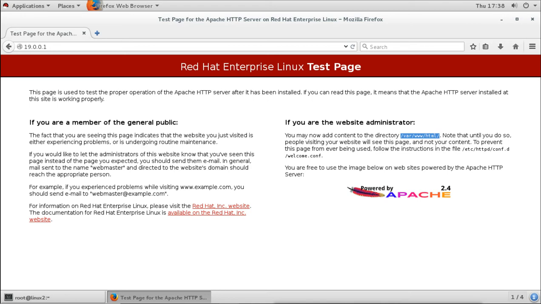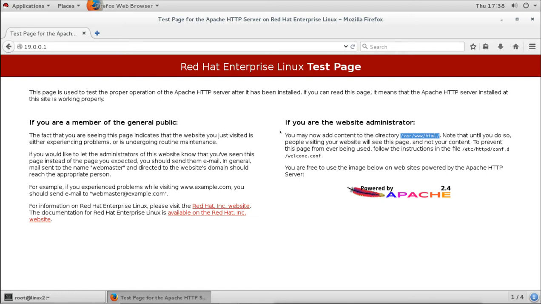We have to make sure the home page name is index.html. All the other HTML files, the other pages, and the images, whatever we see on those pages, are designed by the developer. They keep all the files in the same directory and name the home page file index.html. So when you have an index.html file under this document root directory for the default site, it is not going to show you this page. It will show you only that home page.